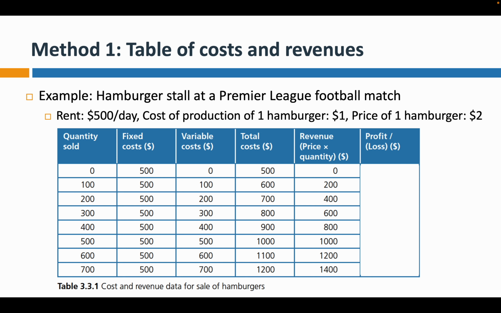And now the last is calculating profit or loss. We already know that profit is calculated as total revenue minus total costs. Don't be mistaken by the fact that revenue is to the right side of total costs. We need to deduct total costs from revenue. So at the quantity of 100, it's going to be